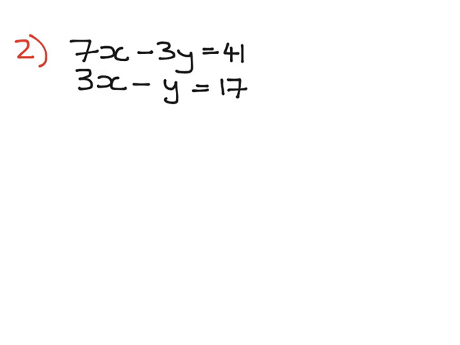What am I going to do to the second equation so that if I add the two together, the y's disappear? How much? Negative 3. Okay. So we leave the 7x